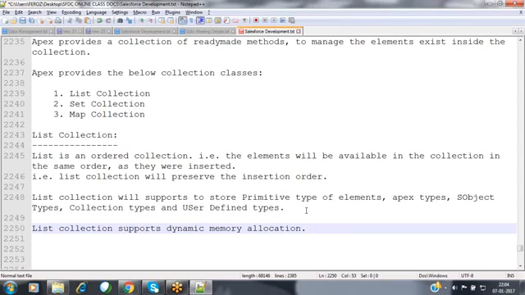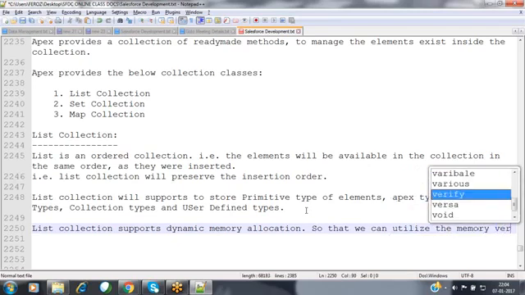Whenever you are allocating the memory dynamically at runtime, there is no memory wastage, so that we can utilize the memory very efficiently.